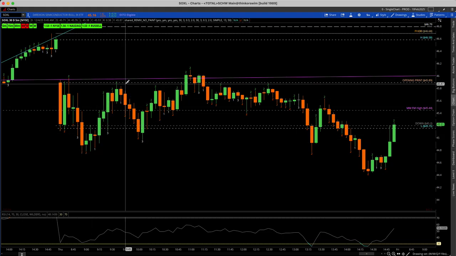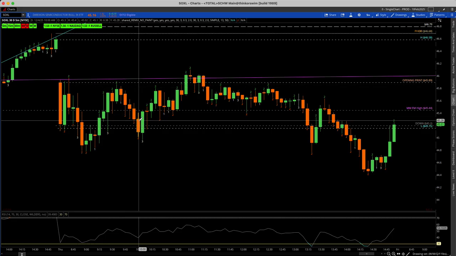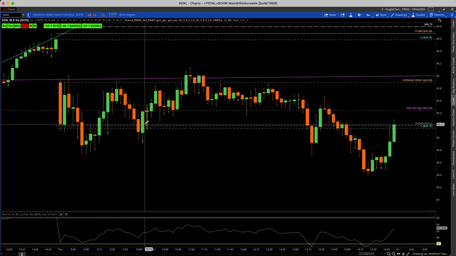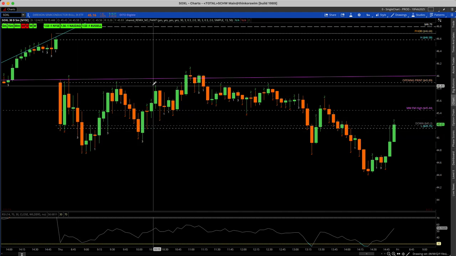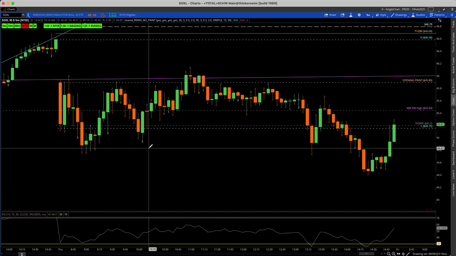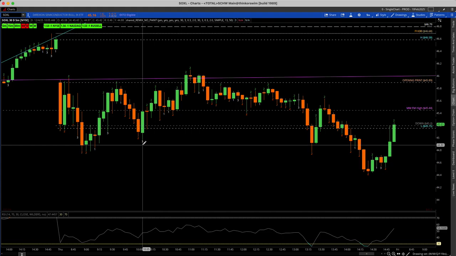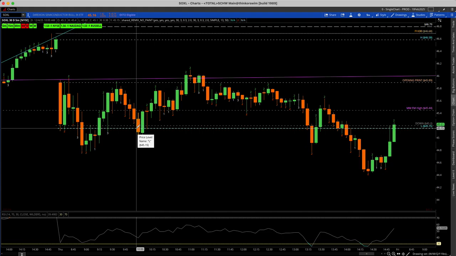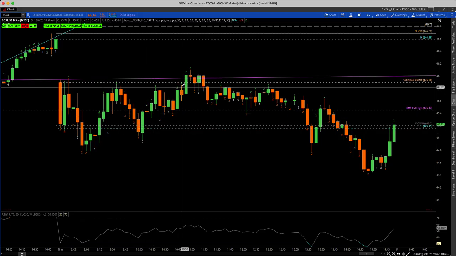Now we did reject off of there and continued to push back down, but again bounced off of overnight low. So at this point we're just kind of sitting back and knowing, all right, at this point it looks like it might be a day of chop, not much trend, which is fine because the last few days we've had a great uptrend, right? So it's perfectly reasonable to think, all right, well, now we're just going to be in a sideways trending day. So even though we did bounce again off of overnight low, we went back up to